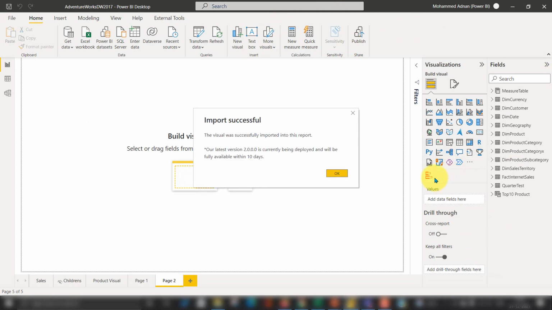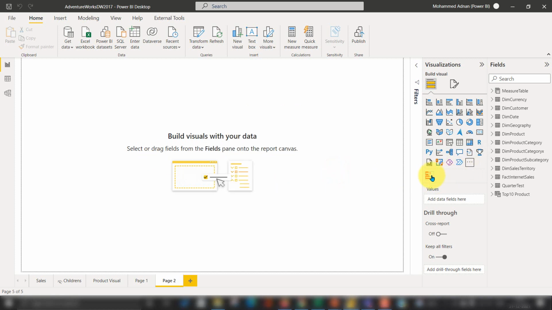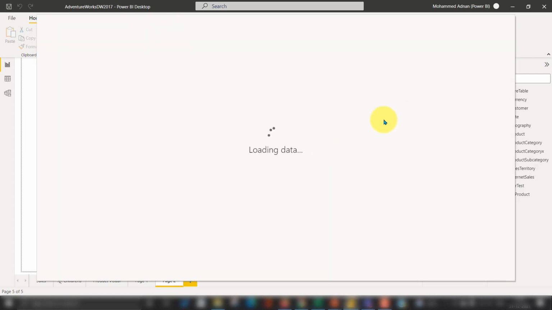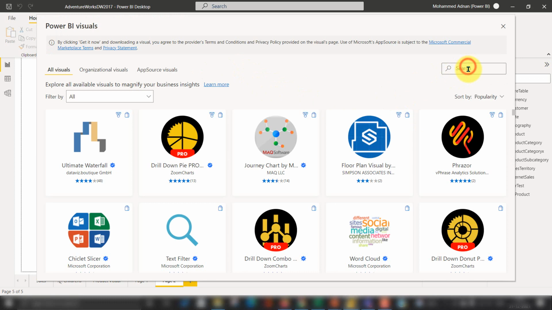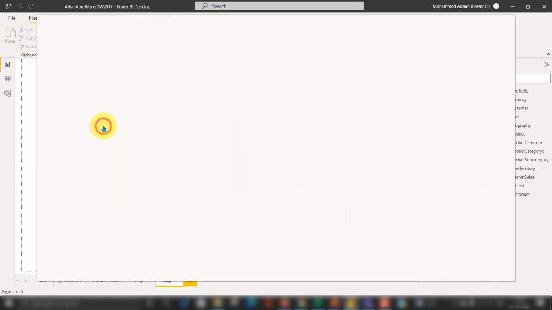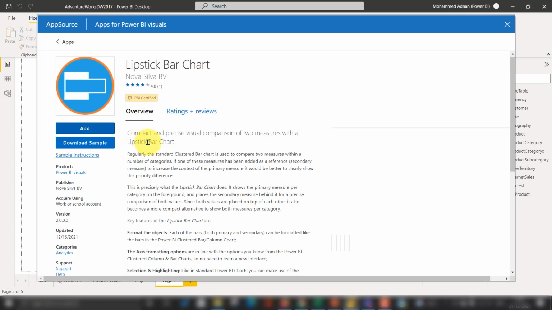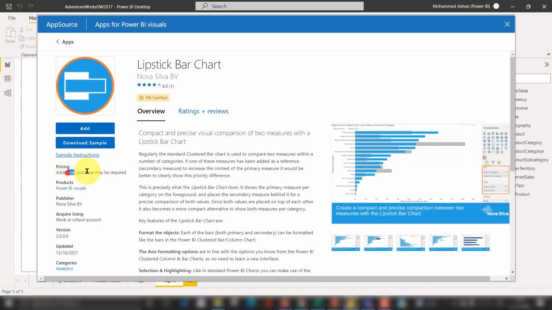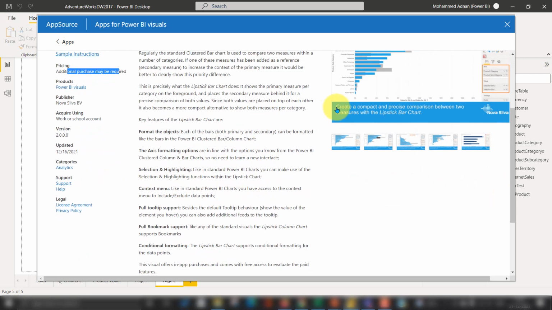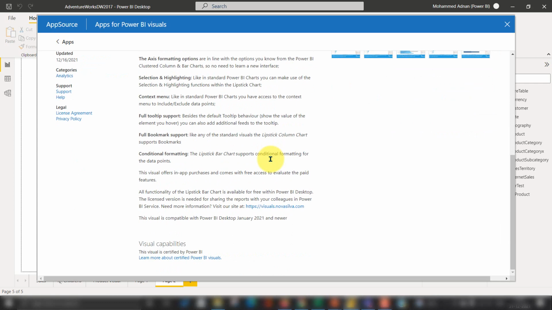And it is showing a message here that they are going to release a new version within 10 days. If I click here again and go back to this one, I just want to make sure whether it is a licensed version or not. Additional purchase may be required. Yeah, it is the latest. An additional license is required for this one, but there are a couple of free things available here. You can also use that.